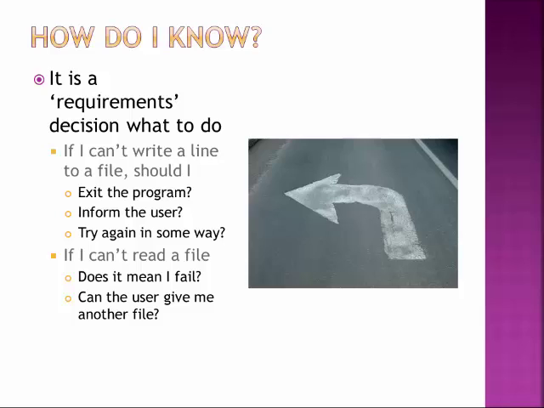As again, in this class, I'm not expecting much. I'm not expecting you to do above and beyond crazy sort of stuff. But you have to figure out, like, what does it mean if I can't read a file? Does that mean you fail? It's the only file out there? It's the config file for the game? If that's not out there, there's nothing I can do? Or can I ask the user, give me another file? If I can't read this config file, tell me where the config file's at. What am I going to do from there?